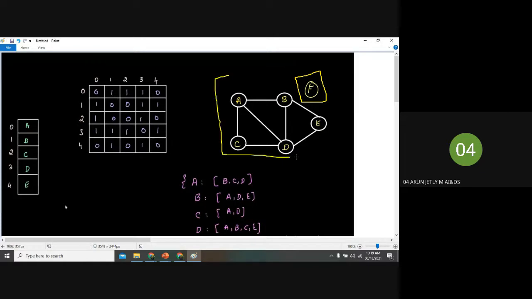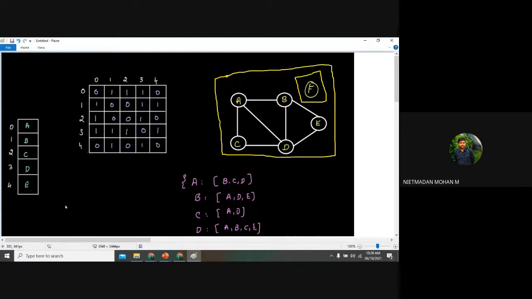For the first thing, without representing the edges, you want to fix the matrix representation for this node. What is the rule for matrix representation? Rows and columns, K into K. It means you want to design a row into column matrix. After inserting the node F, how many vertices are there? Six vertices: 1, 2, 3, 4, 5, and 6. With F, you have 6 vertices.